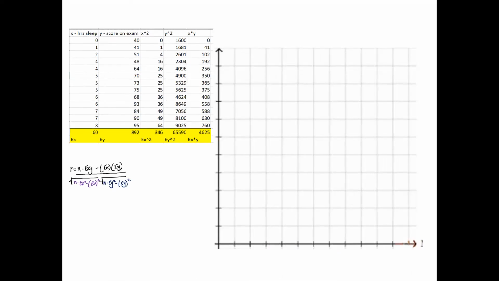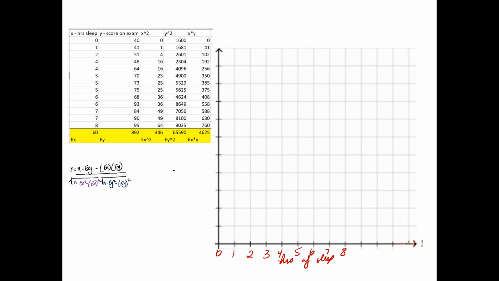So if I do this on my scatter plot, I'm going to have to label this accurately. So let's go ahead and say that the x value on the bottom here is going to be hours of sleep. And the hours of sleep starts from 0 and it goes all the way up to 8. So I could probably just put 0, 1, 2, 3, 4, 5, 6, 7, 8.